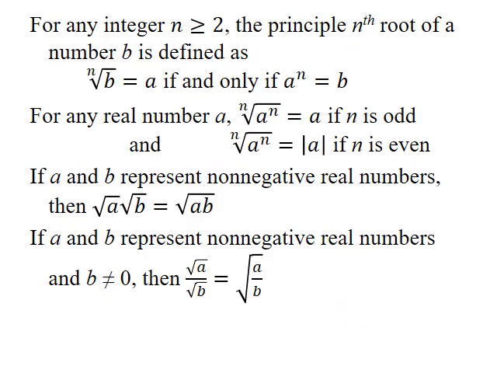All right, so kind of running through some radical ideas. Once again, if you need to pause the video to write this down, that's fine. But essentially it says that for any integer n that's bigger than or equal to 2, we can define the nth root of a number b as the following. So whenever you write a root, remember that the nth root of b is equal to a if and only if a to the n equals b, which means that you could raise n to both sides